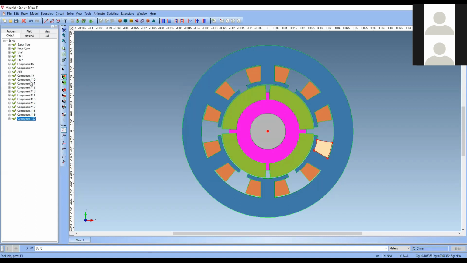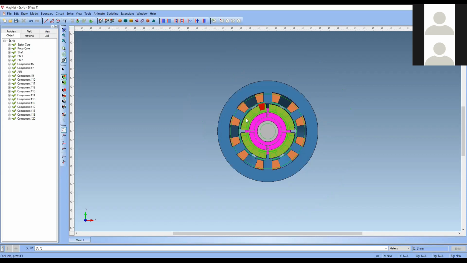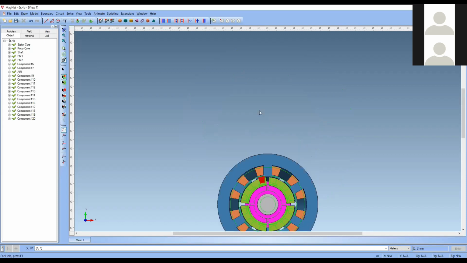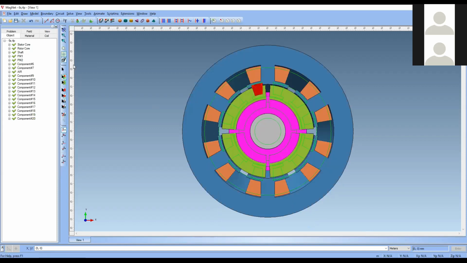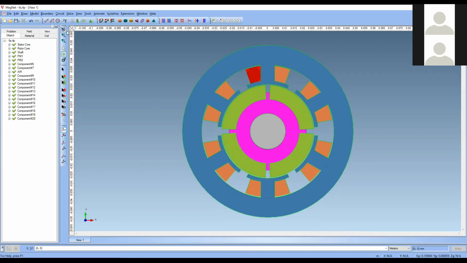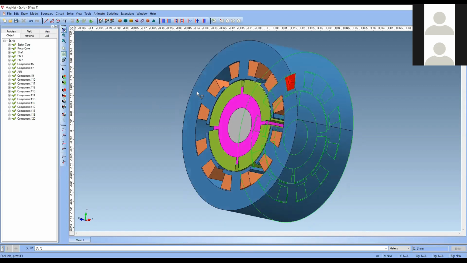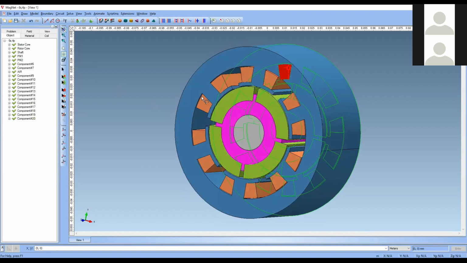So where it will be creating a problem is that now you have fixed the model. For example, now your model is made actually. If you see the projected view also, you can see it like this. See, your machine model is actually ready.